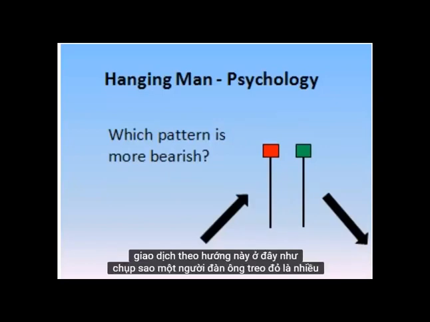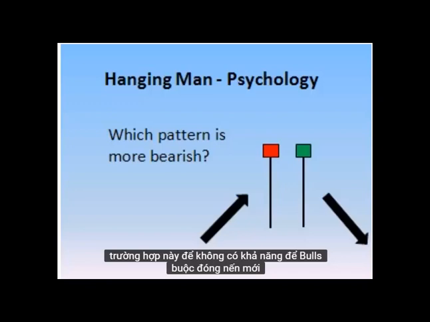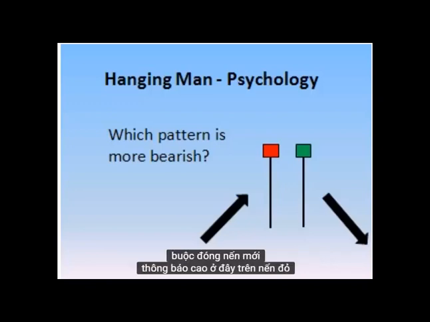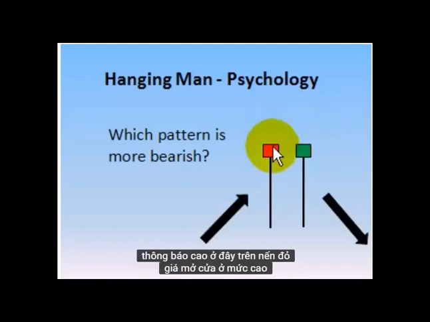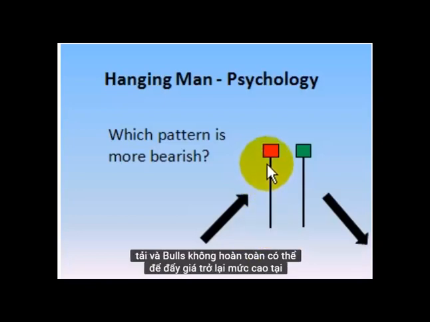Like the shooting star, a red hanging man is more bearish than a green hanging man, due in this case to the bull's inability to force the close of the candle up to new highs. Notice here on the red candle, price opens at the high, moves to the low, and the bulls were not quite able to drive prices back up to the high